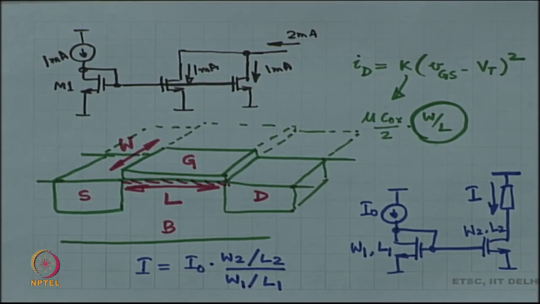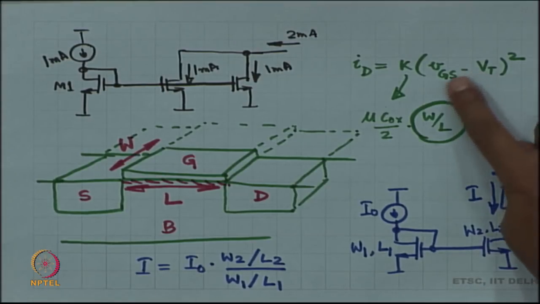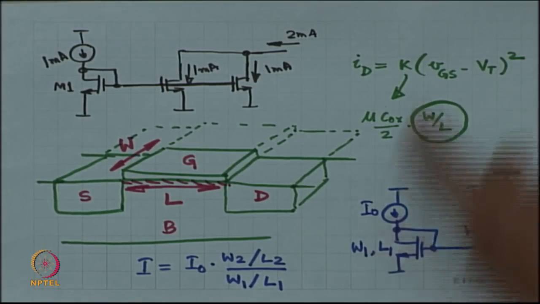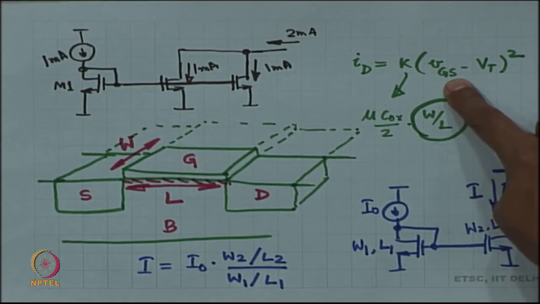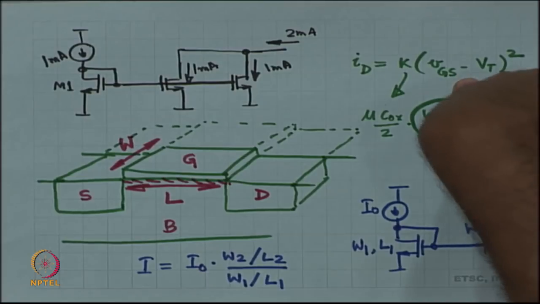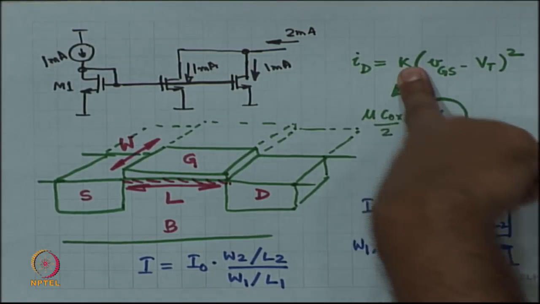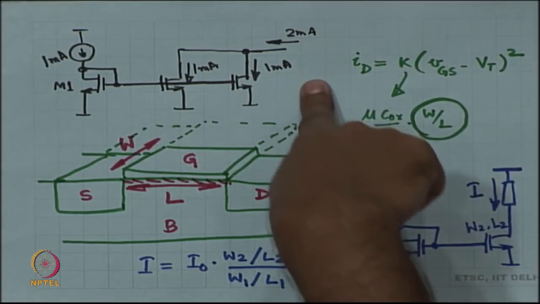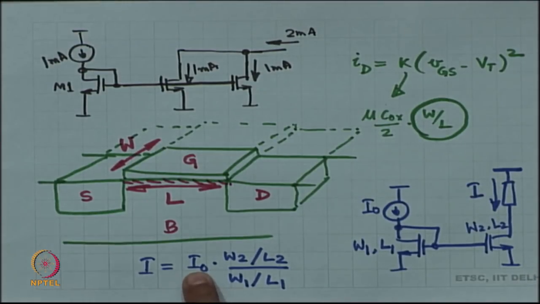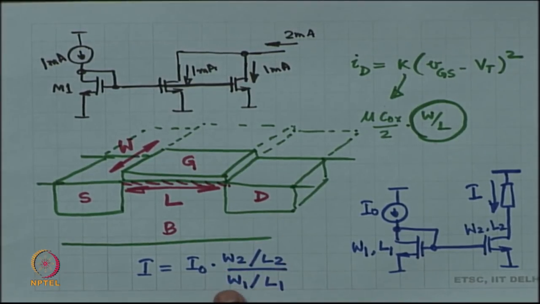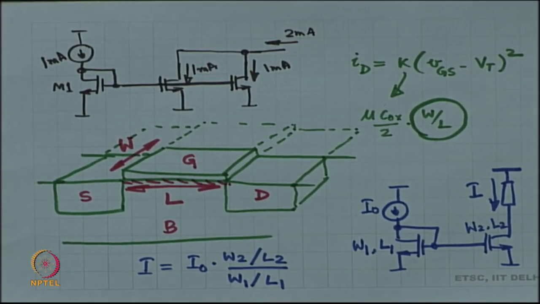All right, that is how it is going to work out. You are going to get a VGS. So, here you have got W1 L1, that is going to create a VGS, and then you apply that VGS. Here now you have W2 L2, you get a certain I. Okay. So, I naught times W2 by L2 divided by W1 by L1, that is going to be your